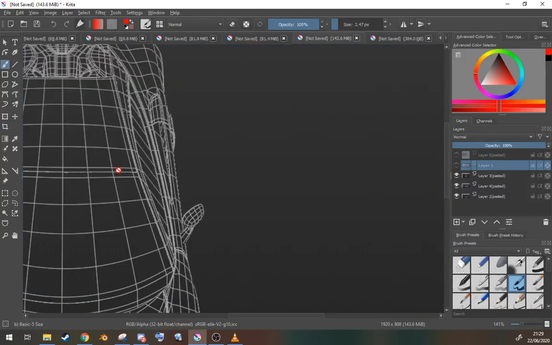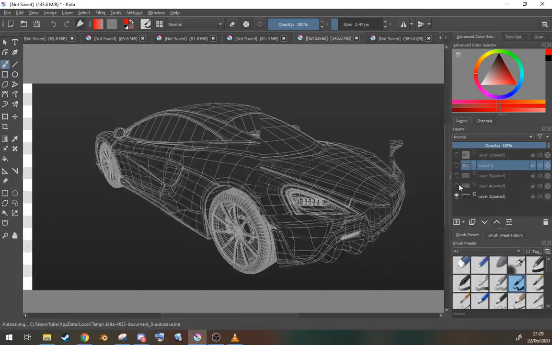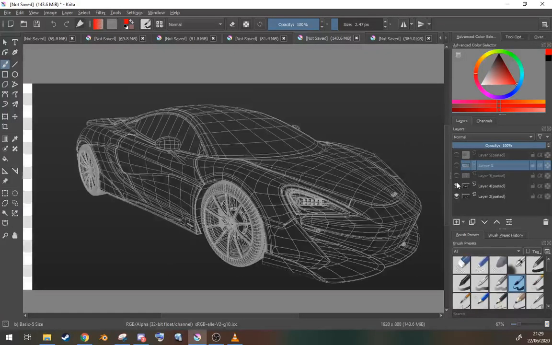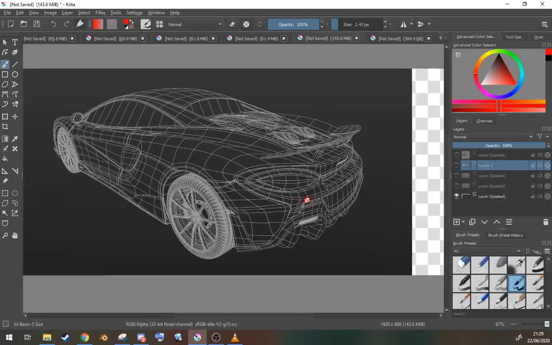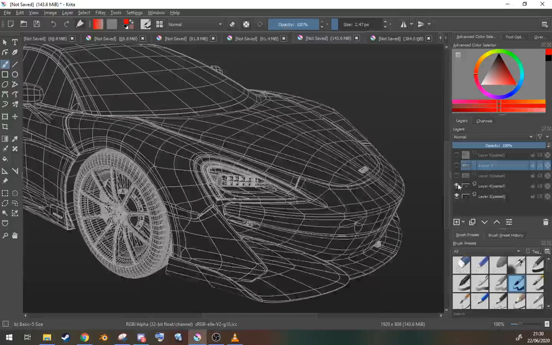Unless they're on the other bits of the car. Oh yeah, there was some topology renders. Okay, there might be license plate room on the back here. But